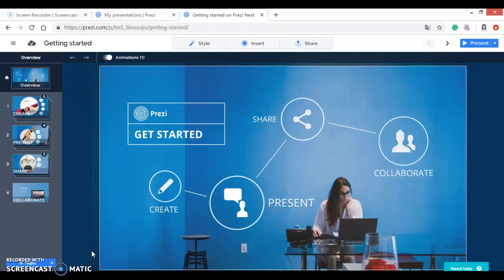Hi everyone, today I will introduce you to a very good app which you can use in your classroom. That's Prezi. The web address of this app is www.prezi.com, and this is a presentation tool which can be used as an alternative to traditional slide-making programs